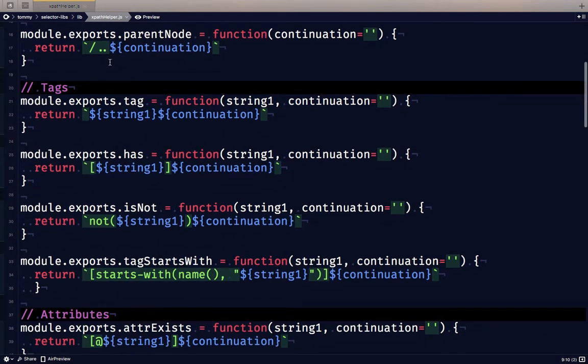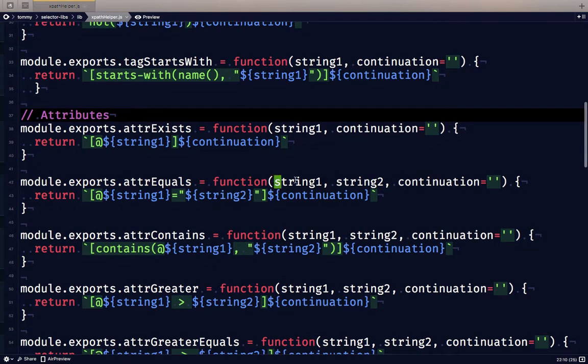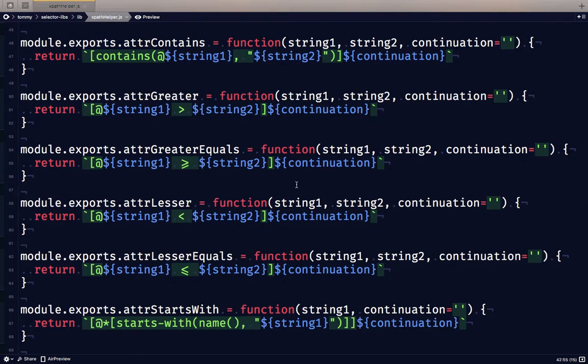So you can see a lot of these are helper functions. Tag took 1 argument and it returns that argument and then the right side. Some of these are taking more than 1. And so there's just very simple formatting, outputting the arguments, and then continuing the right side. And because each of these functions has this continuation argument and it's anticipating a right side, that's why we can continue nesting, deeper levels and deeper levels all the way to the end of our string and have it evaluate